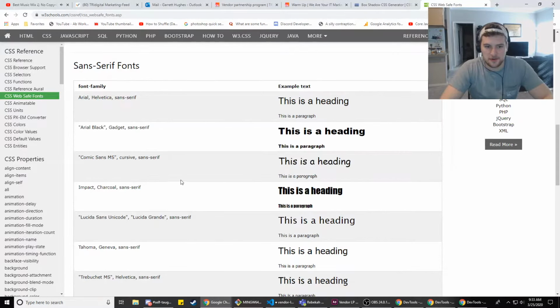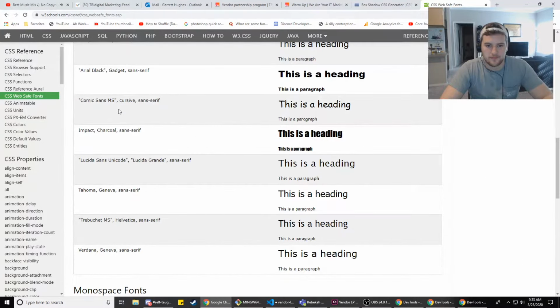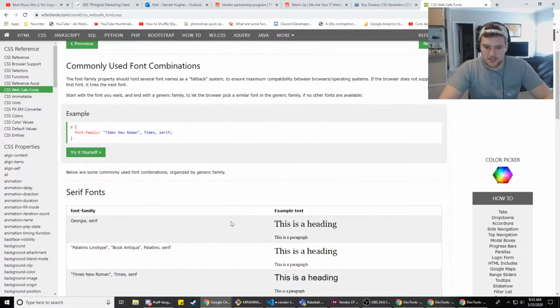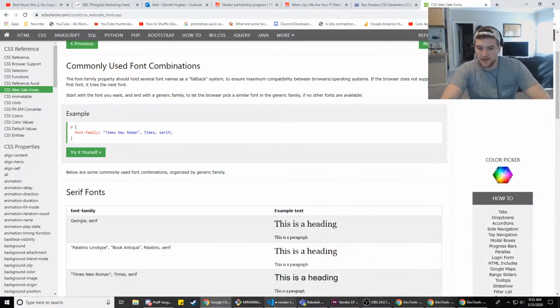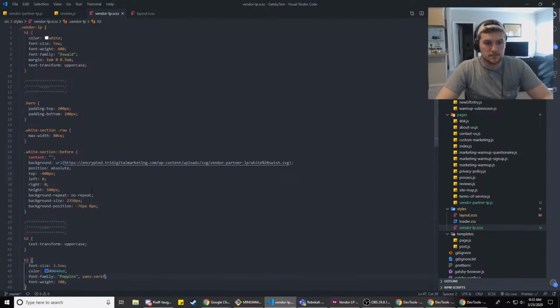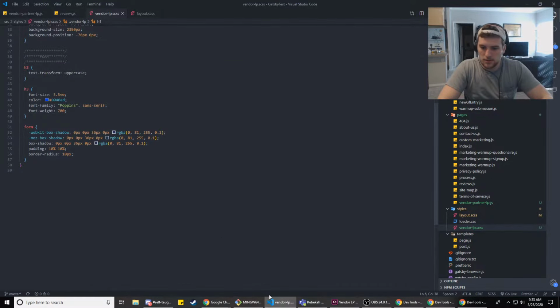What else is a good fallback font? Sans serif, maybe? Let's see what that looks like. That looks good. I like that. So our fallback font is going to be sans serif because that looks pretty similar to this a little bit. Anywhere else am I using that? All right, sans serif.